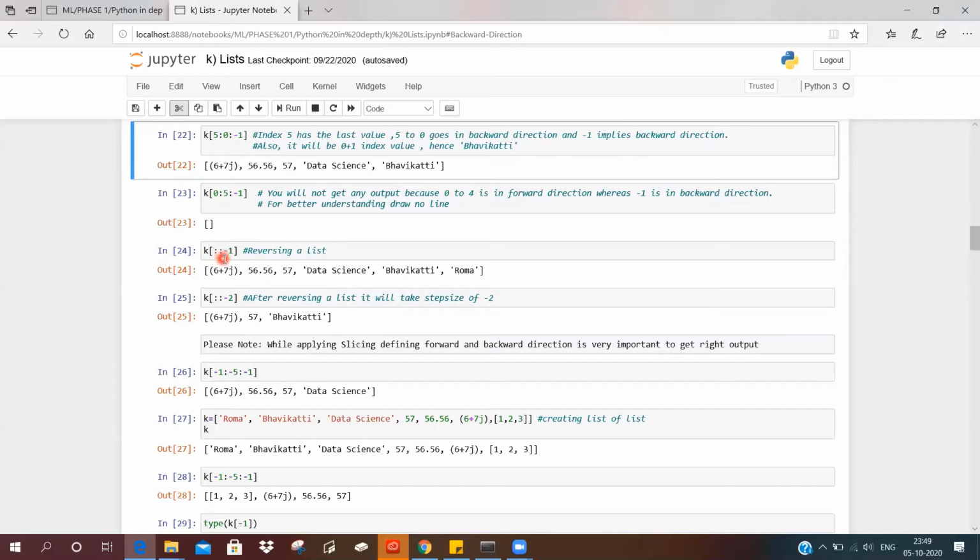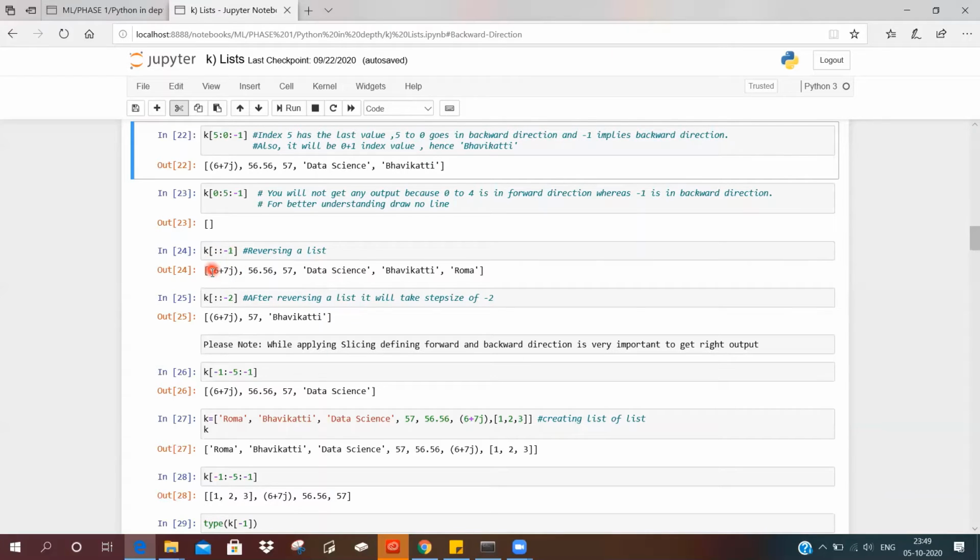K colon minus 1. Colon over here simply means my starting point is going to be 0 and my end point is going to be my last index value of K. Minus 1 means it is going to give me an output in negative direction.